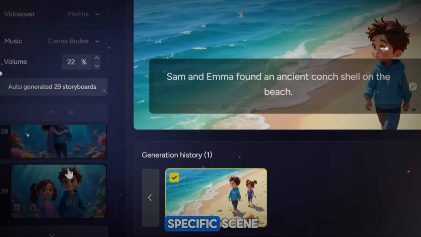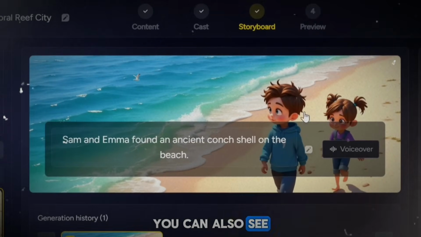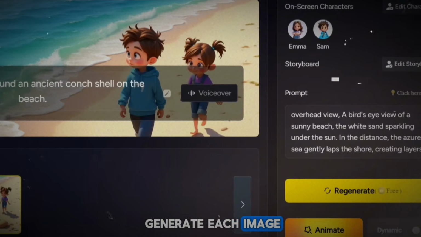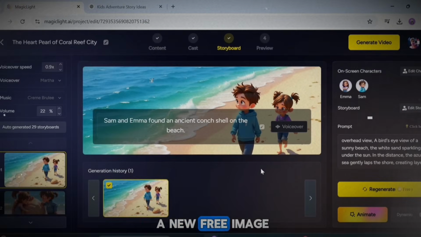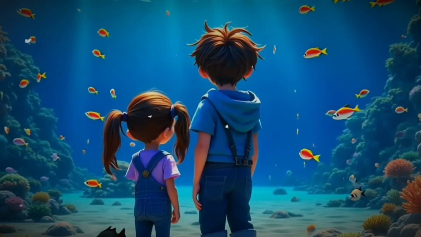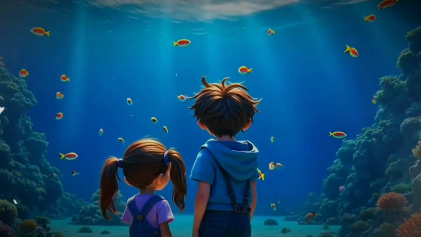If you select a specific scene, you can also see the narration text for that scene. You can also see the prompt used to generate each image. If you're not happy with any of the scene images, just click the Regenerate button, and it will create a new free image for you. Once you're happy with everything, click on Generate Video, and the AI will automatically add some movement to each image